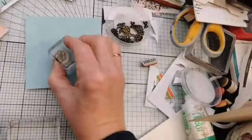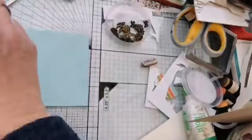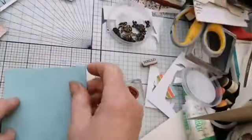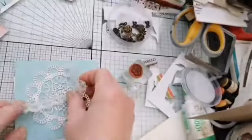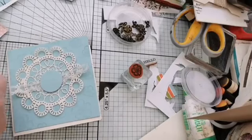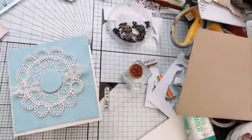Let's take the little one. Is there anywhere else that needs filling in? Didn't do a very good job of that one. Okay, so we've got a little background with flowers on, lace on the top, and I think we're just going to take a